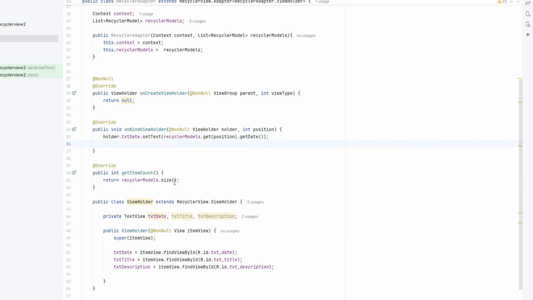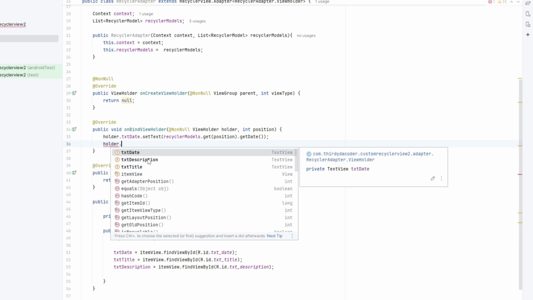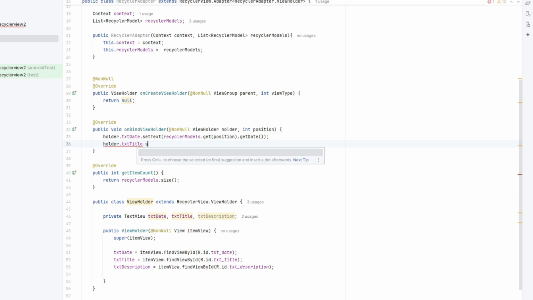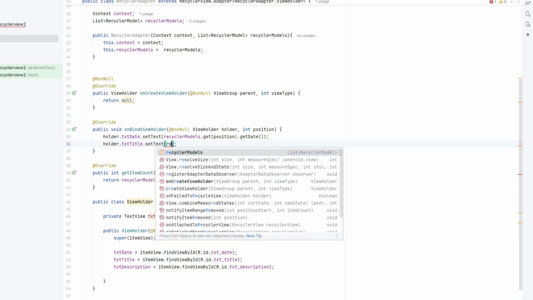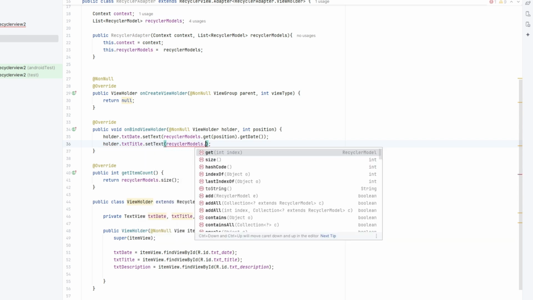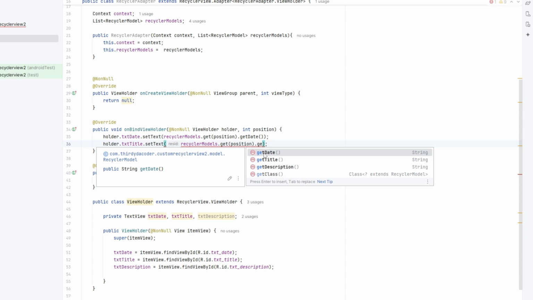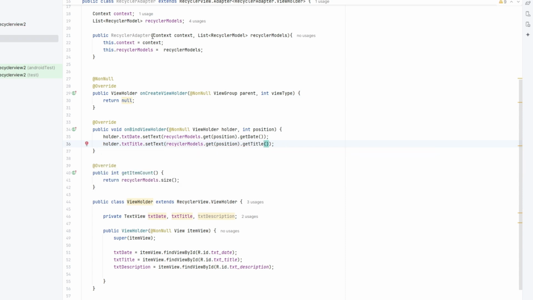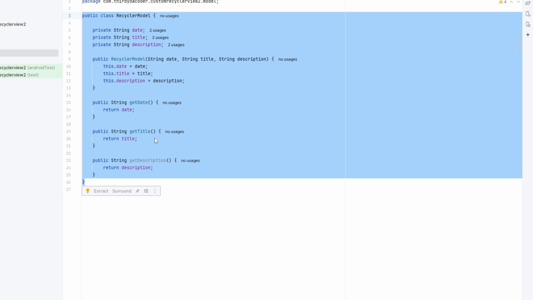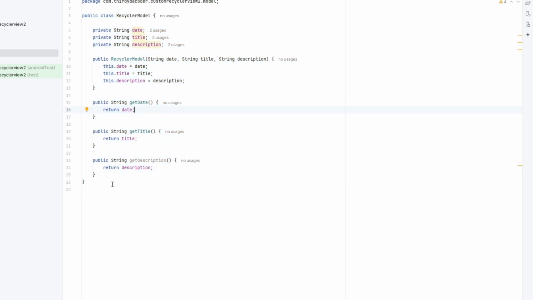Again, for the text title, text title set text recycler models that get position, that get title. So it is important that here it is the variable or the getter.